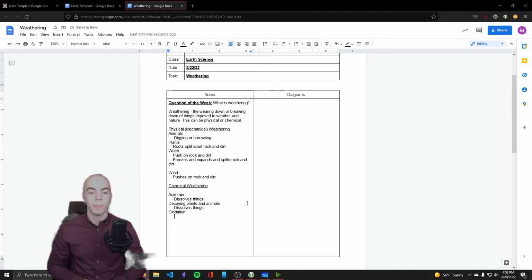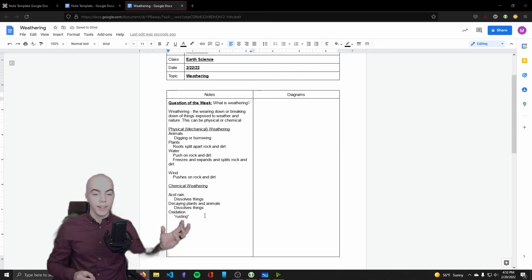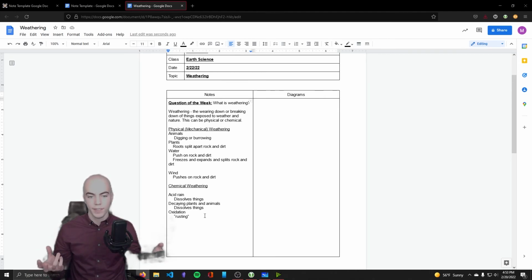And you have experienced this very personally. Almost certainly all of you. Oxidation is just a fancy word for rusting. I'll put that in quotes so that you know it's the same as. All right. This is when iron, which is in most metals that we use, like stuff in your cars, meets oxygen, hence oxidation. They combine and they form rust. That's just what the material is called.